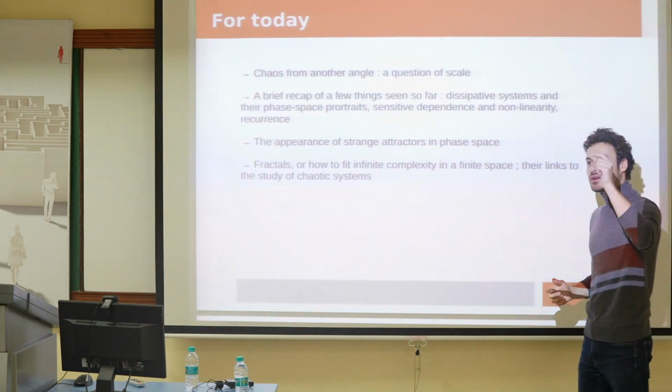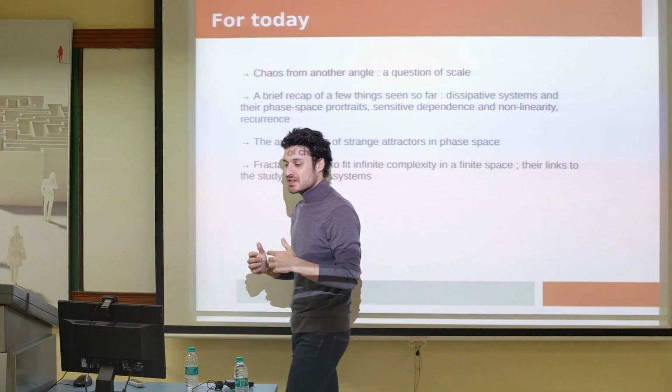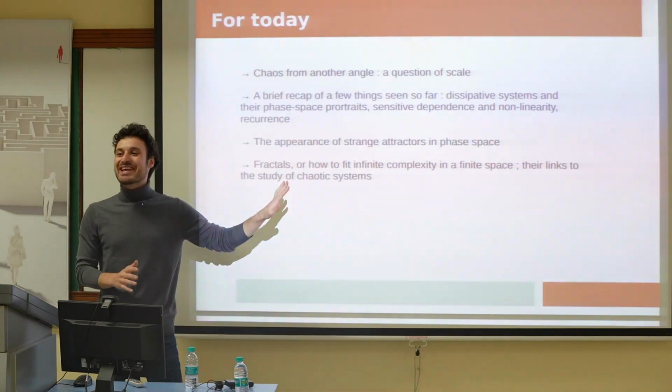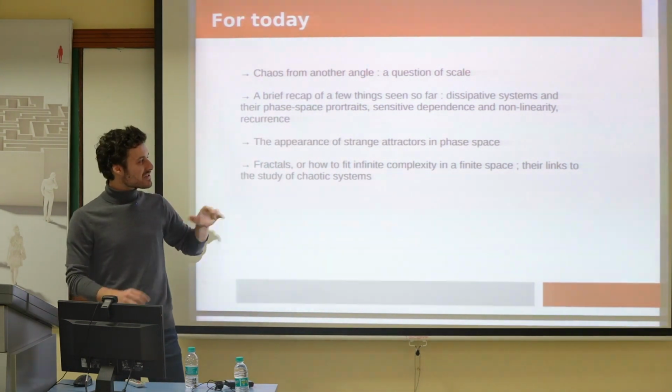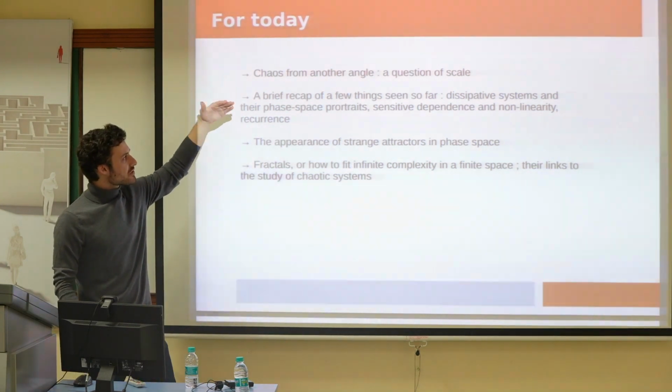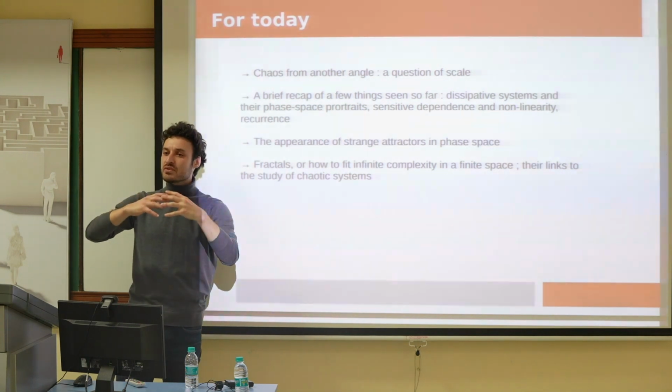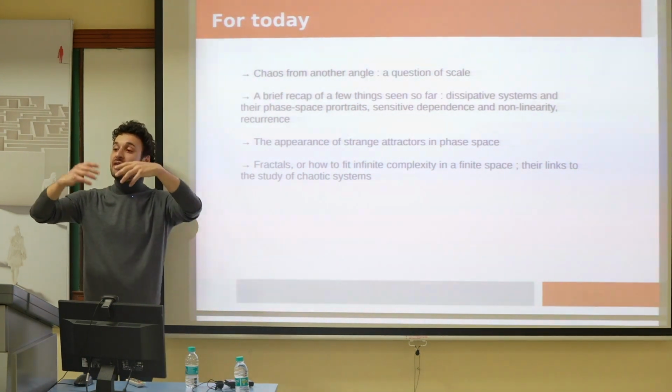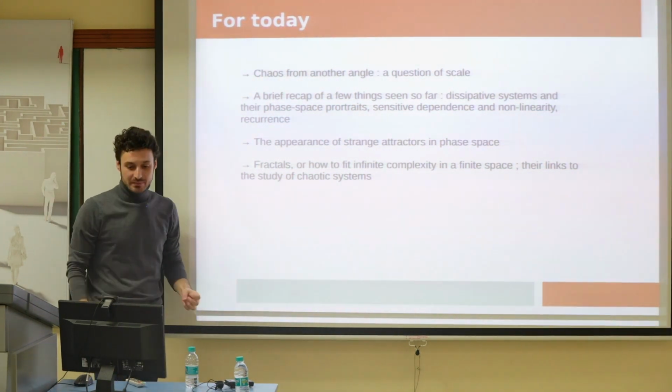And we'll rework a little bit this analogy with phase transitions, because I think I went over it very quickly yesterday, and I don't think I was as clear as I could have been. So basically we'll look at chaos from this angle: how things on small scales start to manifest in the behavior of the large scale of the system.